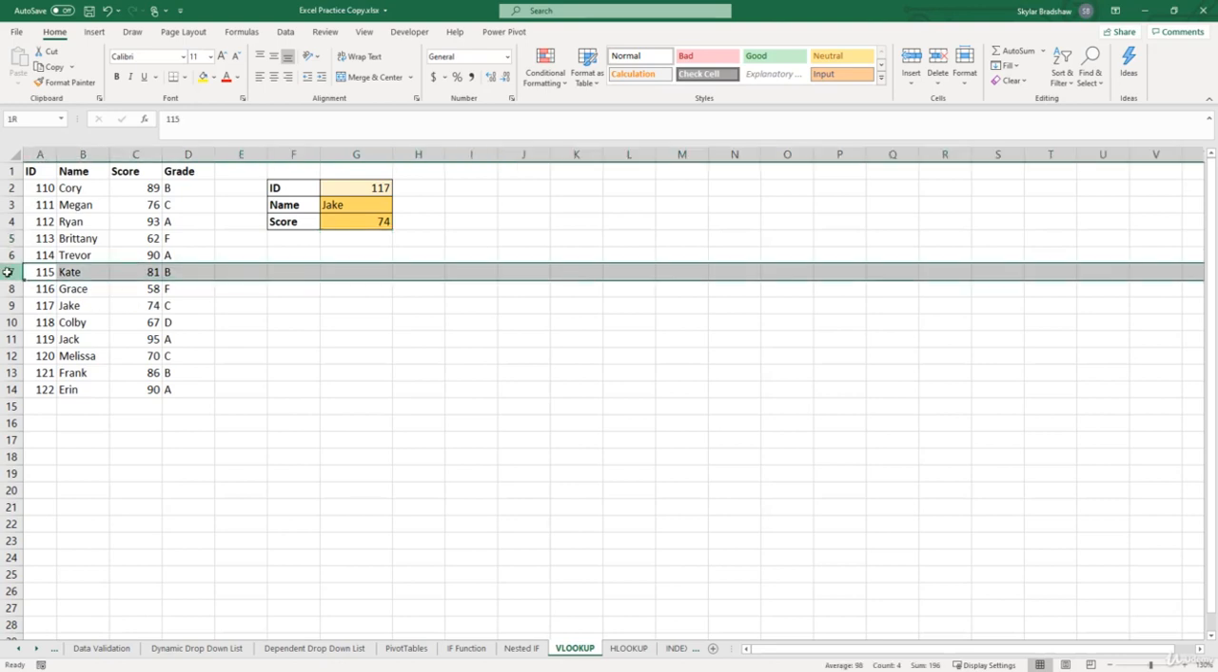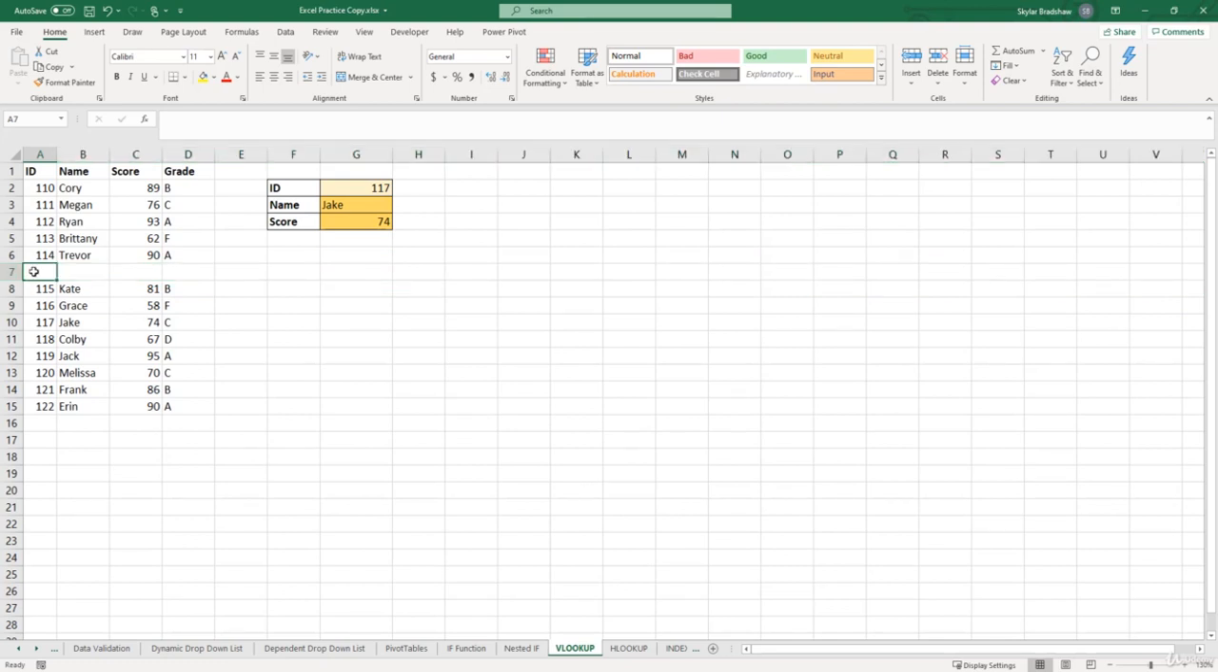So if I add a row between Trevor and Kate, and Trevor has an ID number of 114. Well, if I put in another ID number of 114, and let's say this person is John, and he scored an 85, if I come up to the ID cell and search for 114, let's see what our function returns. It returned Trevor, and he scored a 90. So even though Trevor and John both share the same ID number, the VLOOKUP function will always return the